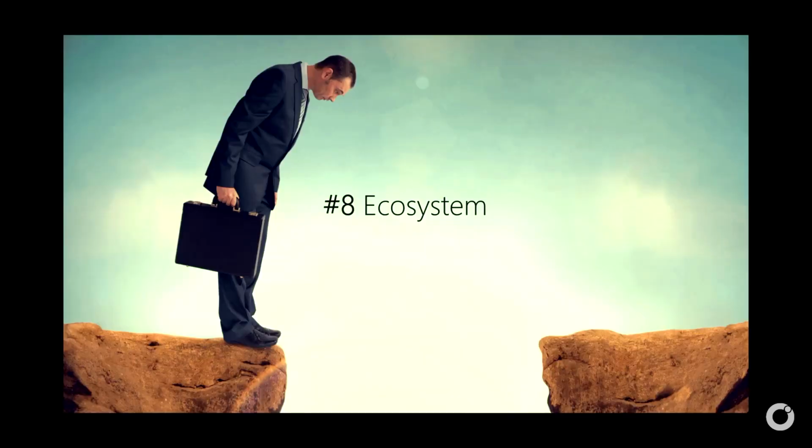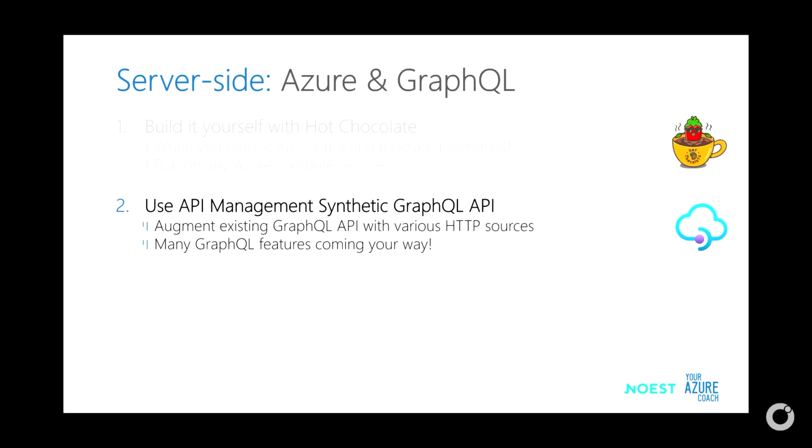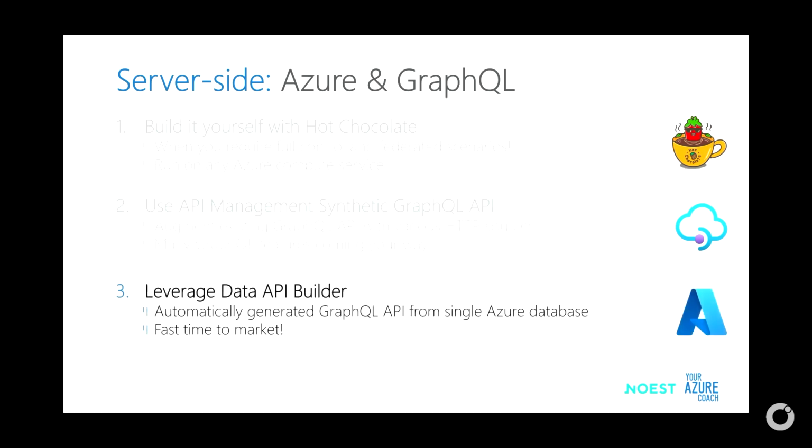The ecosystem is also a challenge. GraphQL, luckily, Azure and Microsoft are really betting on that. So if you need to build an API yourself, and .NET is your most familiar code base, I would say go for Hot Chocolate. Manage it with API management. You can also augment it with some custom GraphQL resolvers, but know that it doesn't use data loaders under the hood, so it might get a performance issue one day. And be aware, watch the API management team and their announcements, quite good, because they are heavily investing in that GraphQL standard. Also have a look at the data API builder that was announced at Build.